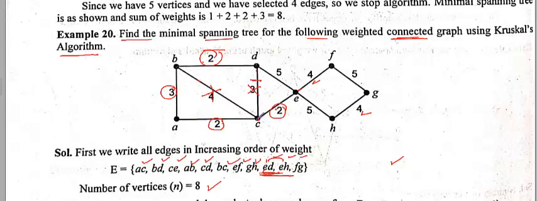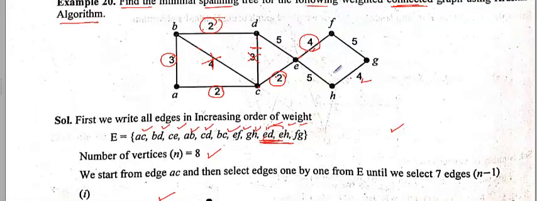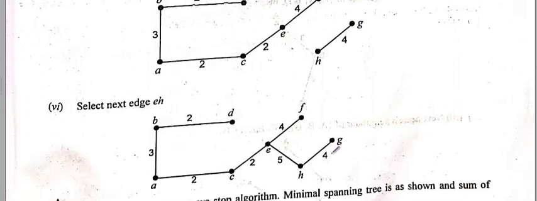Okay, so it is up to you. You can take this also, this also. So let's take this also. Okay, so we have taken this one, correct? Okay, so next minimum is again 4. So you will take it also, no problem. So you have taken this also, sorry, there also.